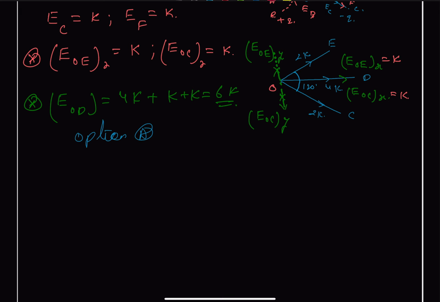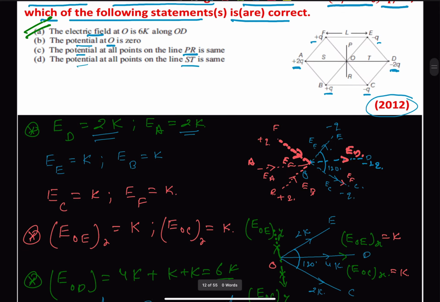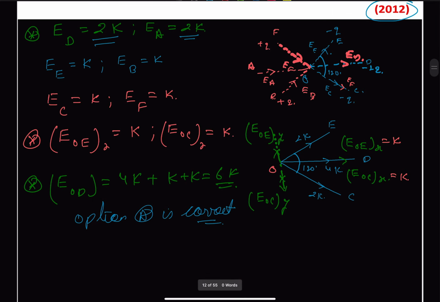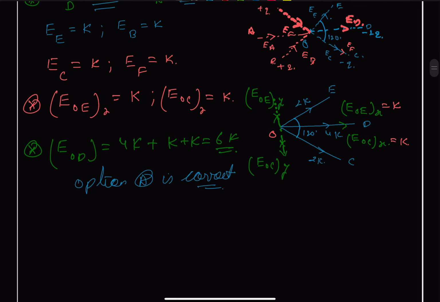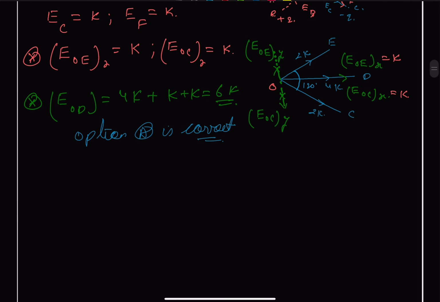Option A is correct. Next, it says that potential at O, it means center, is equal to 0. And for part B,